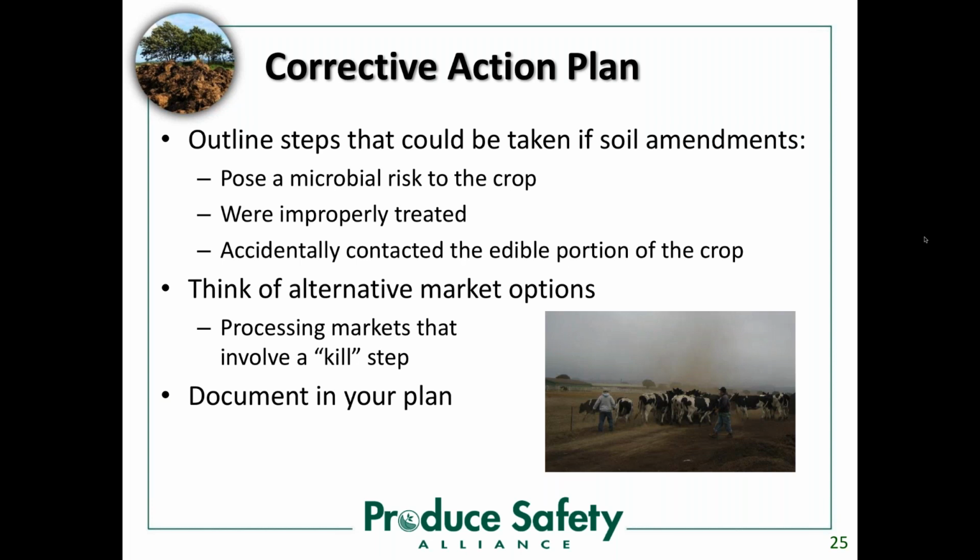So you have to have a way to correct actions that cross-contaminated your soil amendment. Doesn't have to be complicated. You just have to document it so that it's clear that growers considered actions to reduce risk if they happen on their farm. It shows you're paying attention and that you're being careful and that you're serious about your food